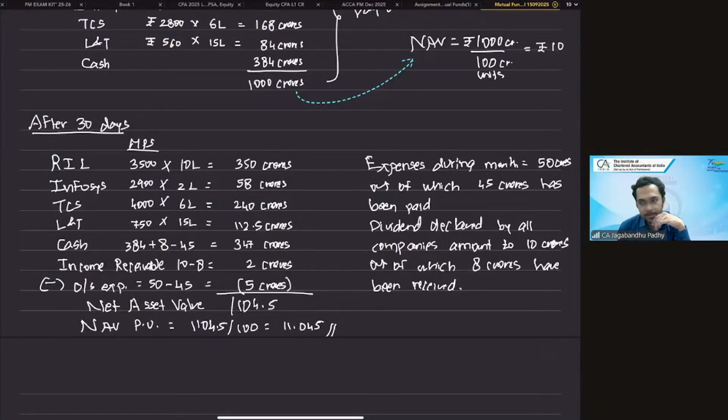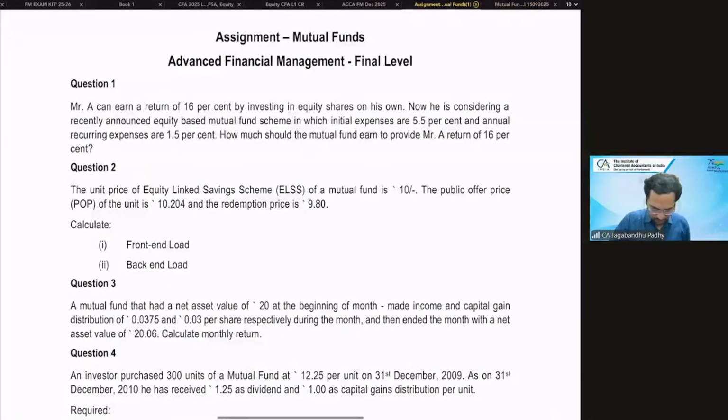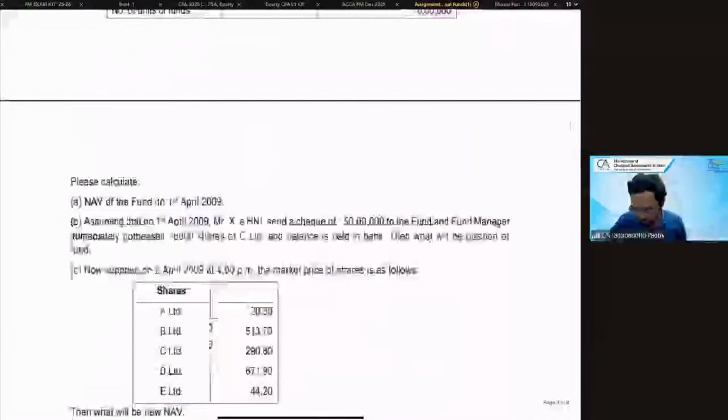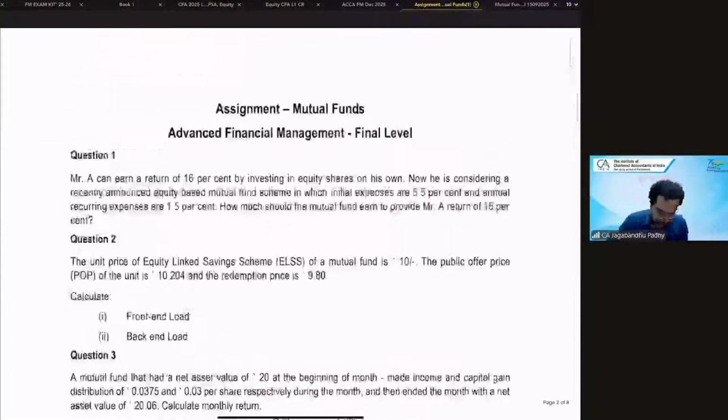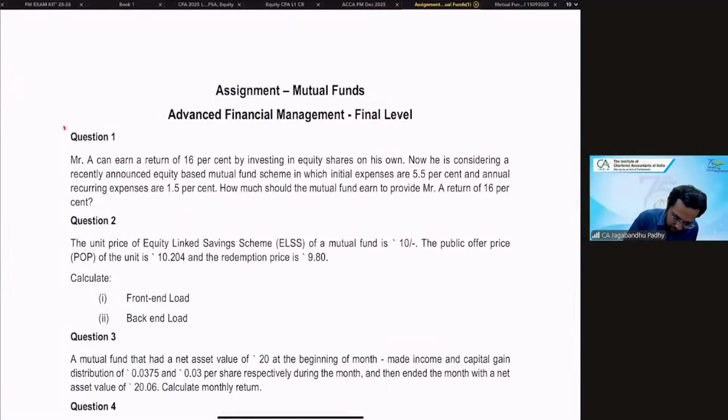let us simply go ahead initially with the practical problems. We'll discuss the types of mutual funds as and when we proceed with the topic. There are various types of mutual fund like large cap, mid cap, small cap, hybrid fund, equity fund, debt fund. A lot of things are there, but we'll take that up slowly and steadily later on. Let's just begin with the practical problems, the assignment part. So let me begin with this first question.